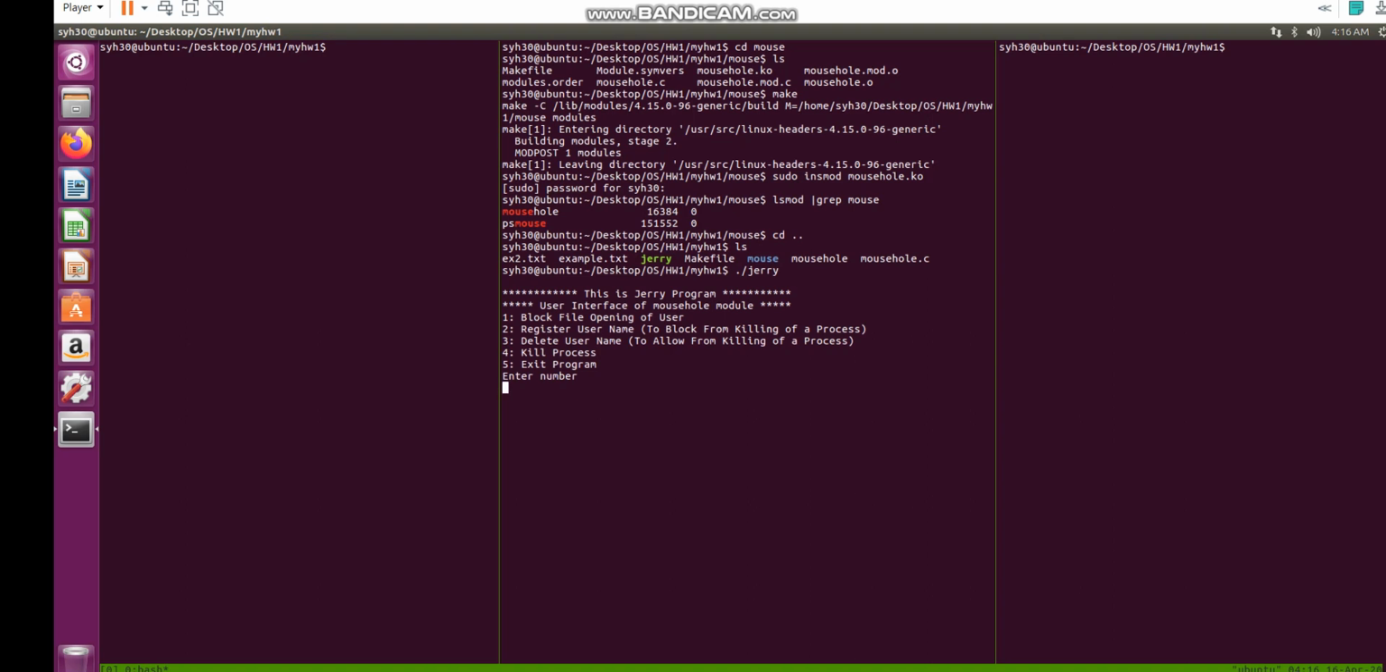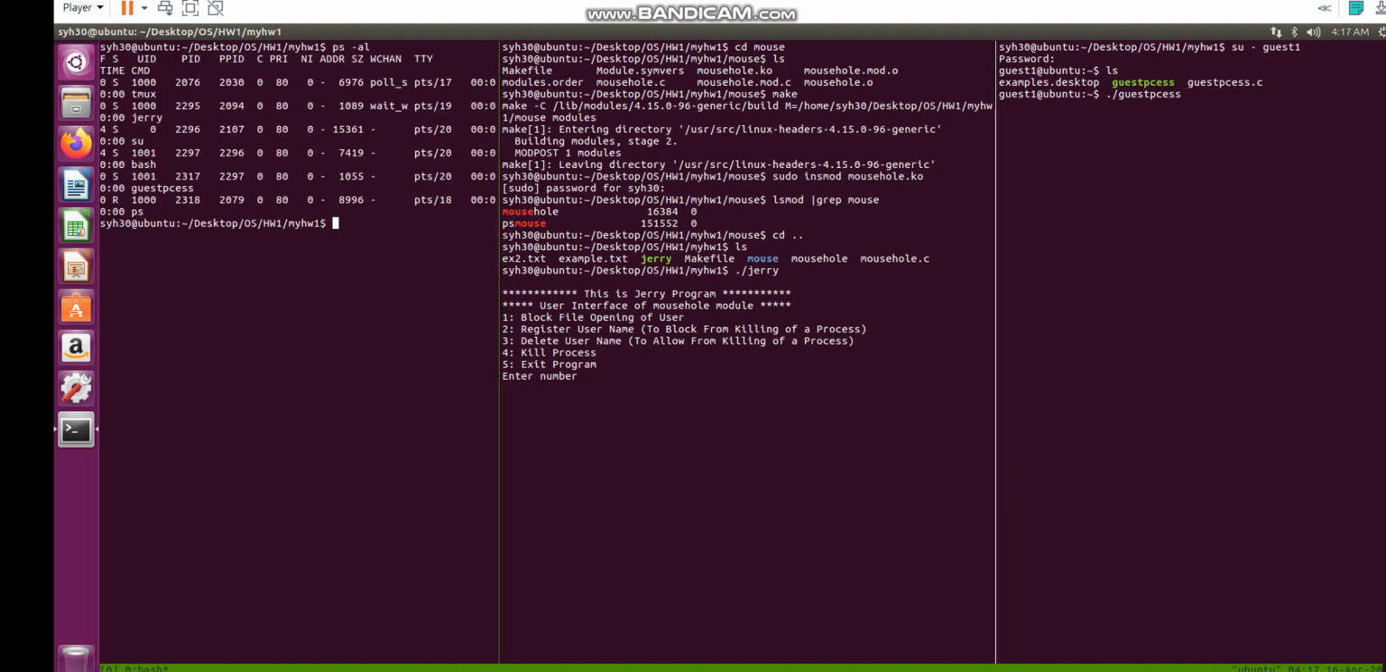This is the user interface of the module, and this is a guest user. This is a guest user I made before to test, and this is a guest process. And if you execute this process, you can see that the process is being run right now and has a PID of 2317. And in Jerry, if you register guest 1, the username,